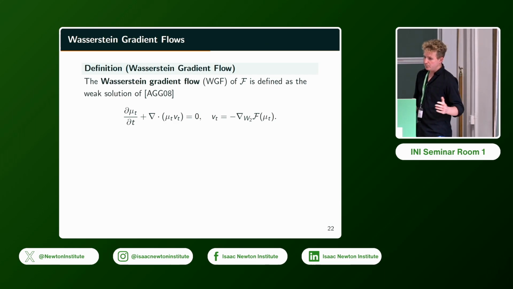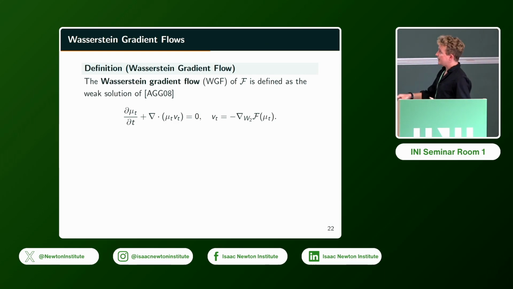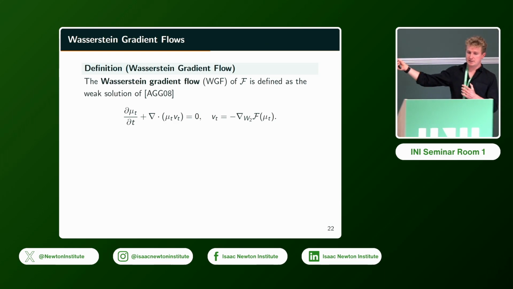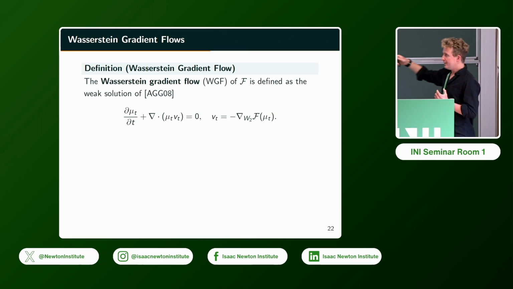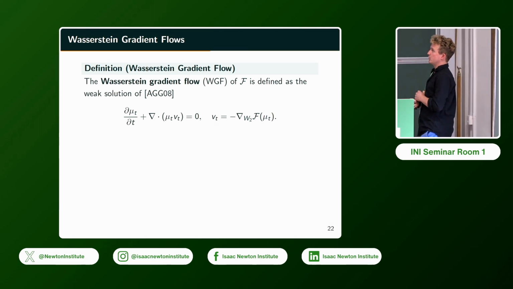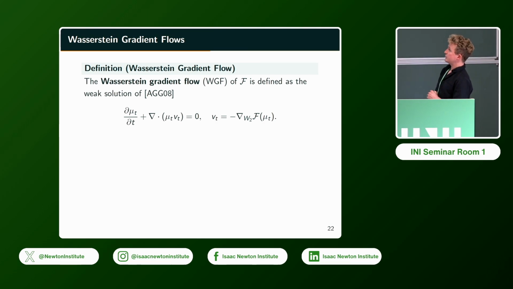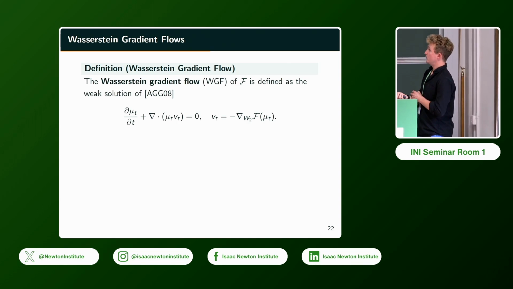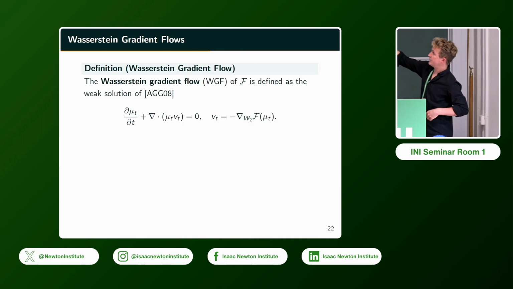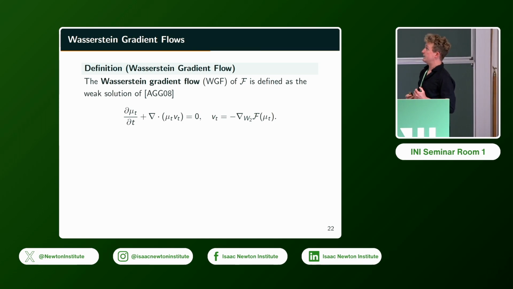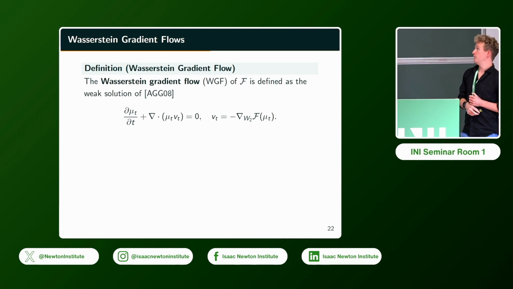Okay, so finally we've now got a notion of gradient. How do we define a Wasserstein gradient flow? Again, we've seen this before in other talks. This is precisely how we can define a Wasserstein gradient flow. It's essentially a solution of the continuity equation, which I'm sure many people will be familiar with, in the case that the driving velocity field V_t is set equal to the negative of the Wasserstein gradient.